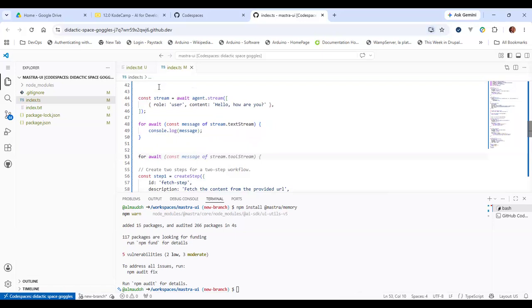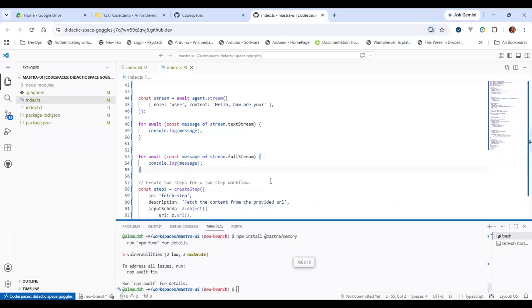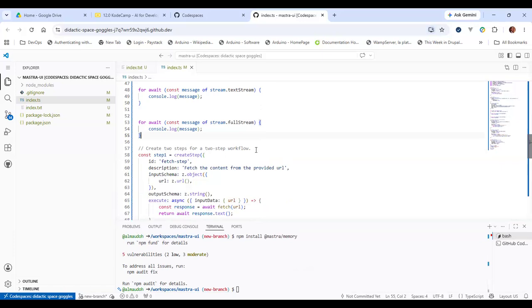If the response is a more structured form, then you may want to get the full thing, so there is full stream, which will give you the full thing. I don't think this will work because by the time I get to the end of this stream, this loop will not run, but let's just see how this works.